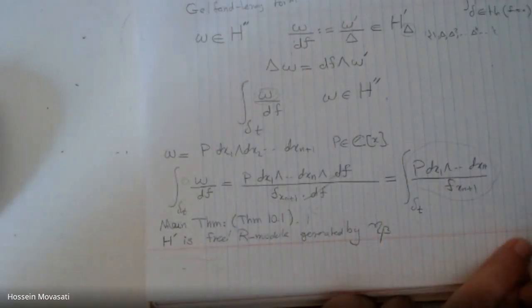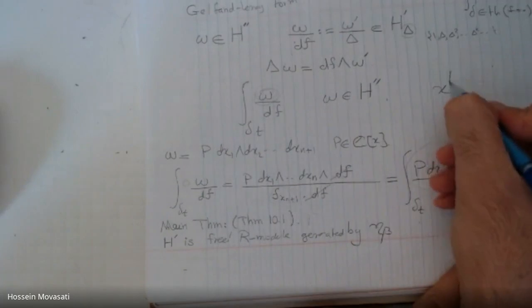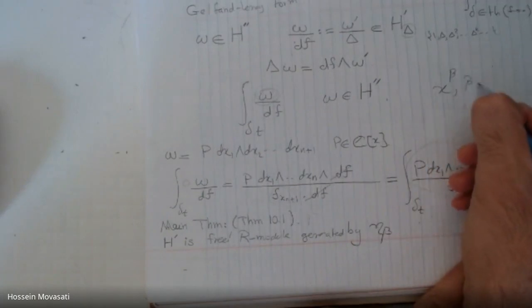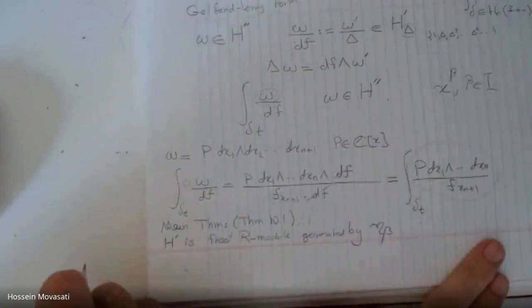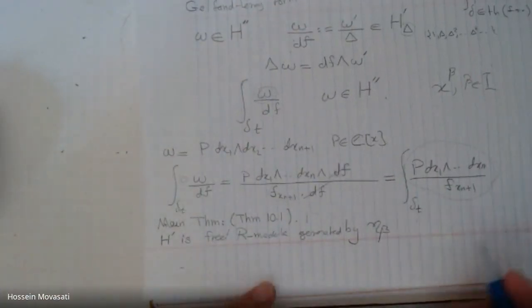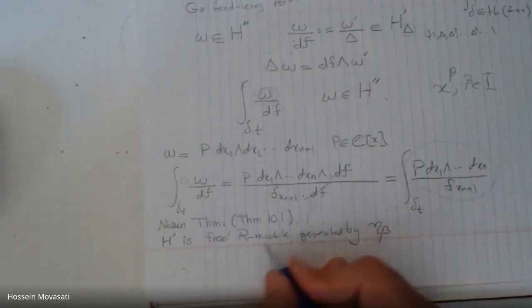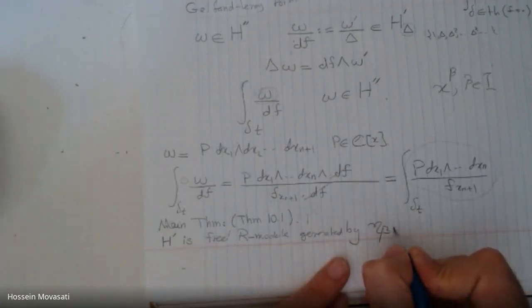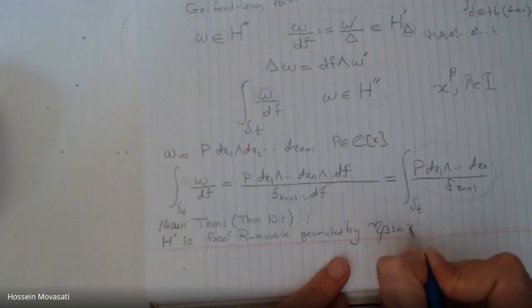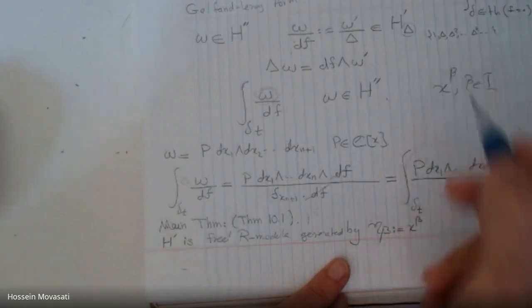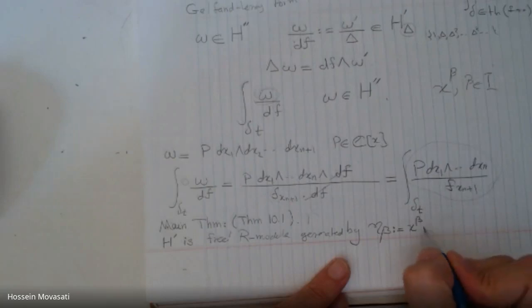Remember that we took x to the beta in I, a basis of the Milnor module of G. So from that one we can also construct the basis for H prime. So this eta beta is just x to the beta monomial coming from there, and then